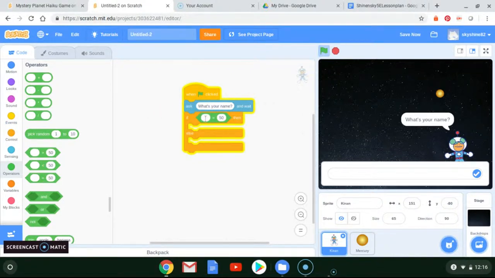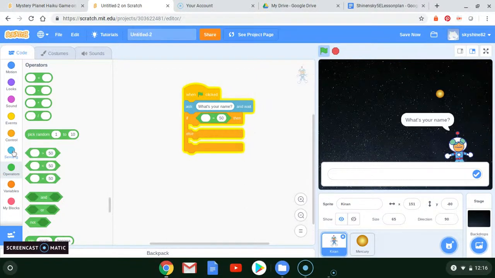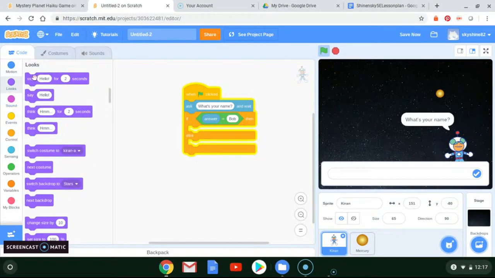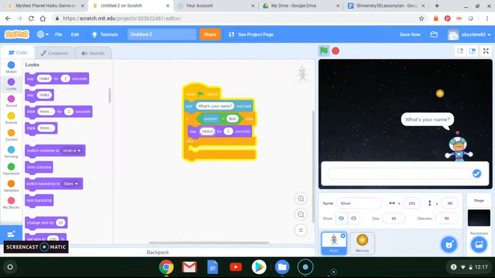I'm going to put an answer block in here. I'm going to go to my sensing, which is where my ask is, and take my answer. If the answer equals Bob, say that the correct name is Bob, then I want my sprite to say, hello, Bob, for 2 seconds. Now, let's say the answer is not Bob, so in the else case we want her to